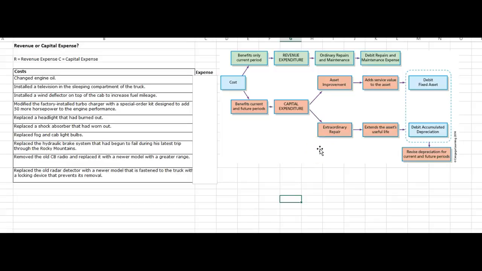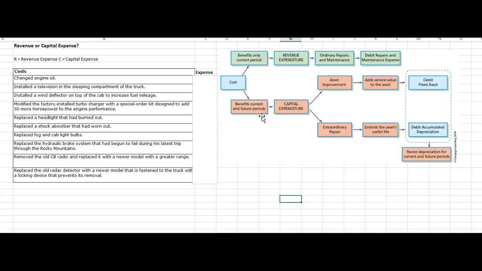Okay, now this is the beginning of Chapter 8, and we're talking about how to classify not only assets, but how to classify cost associated with assets. And there are two ways of doing that. One would be at revenue or expensed out, or if you thought that the benefit that you are adding to the asset would last over a year, you would call it a capital expenditure,